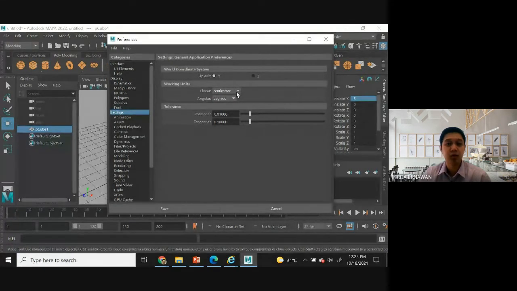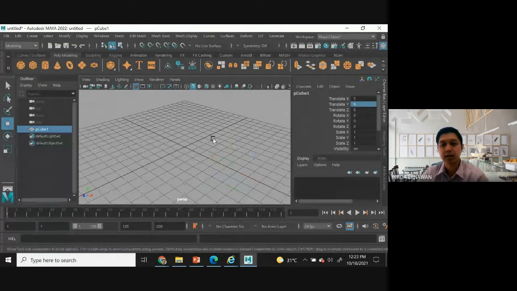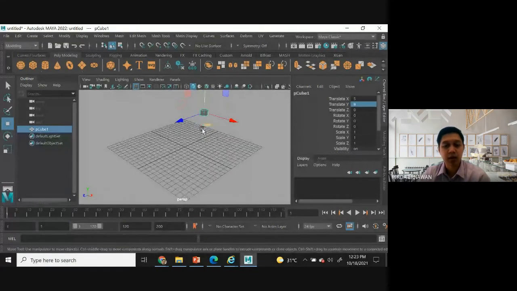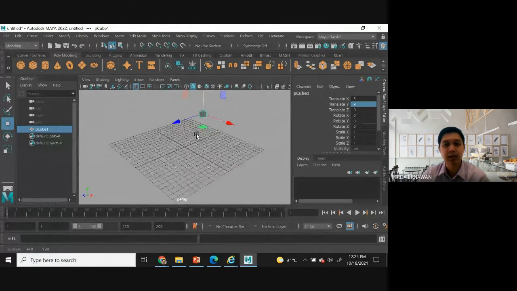If you choose centimeter, for example, then click Save. It means that whatever value you assign here, 5, it represents 5 centimeters. Translate Y, for example, 9 centimeters, so it will go up 9 centimeters, something like this.